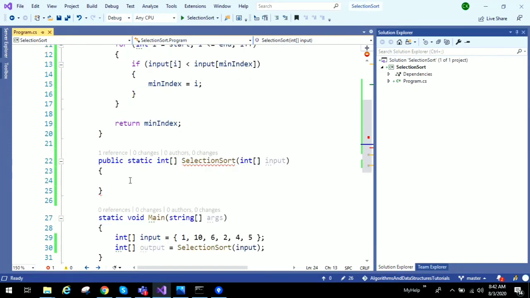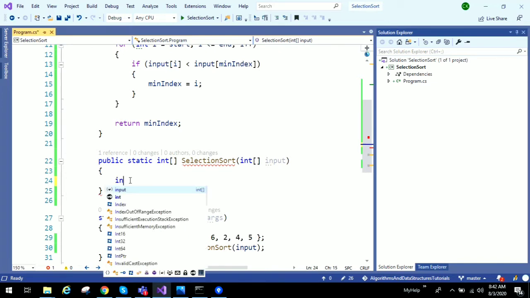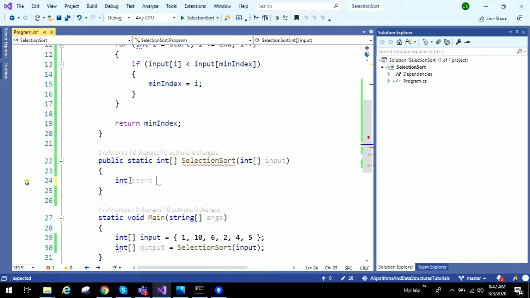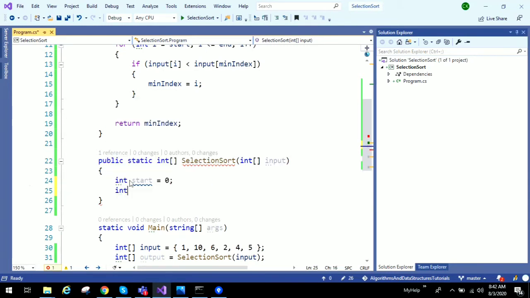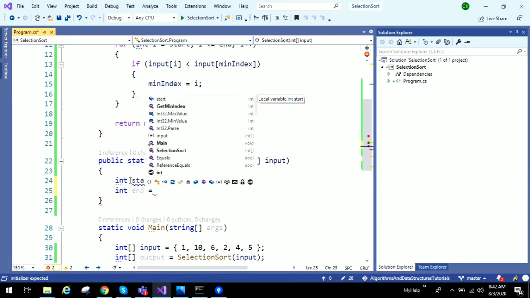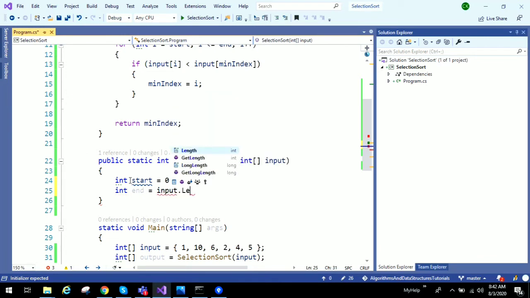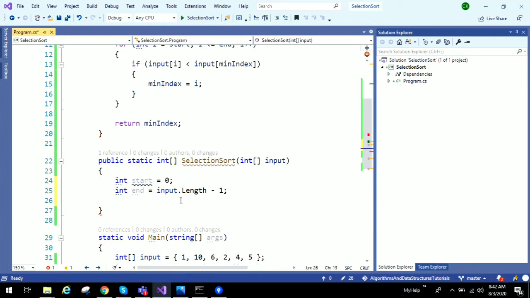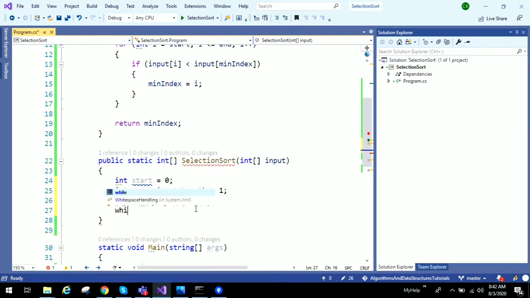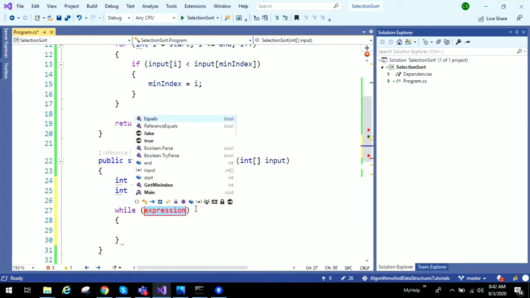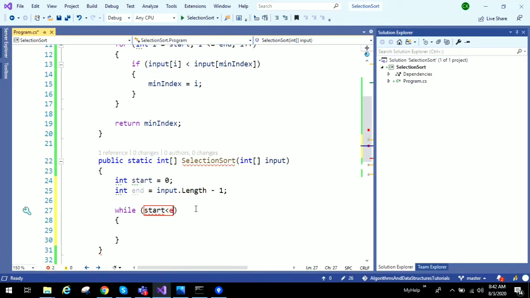And let's write the algorithm of selection sort. Initially the start index will be 0 and end index will be input dot length minus 1. This gives the last index of an input array, and because we start from 0 I am doing minus 1, and we need to process the array until start is less than end.